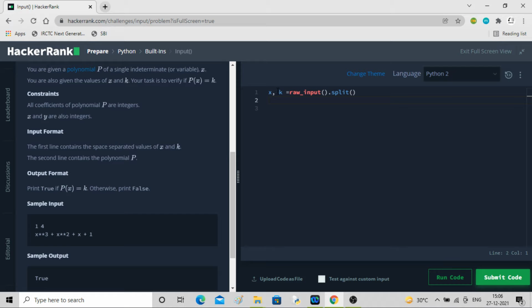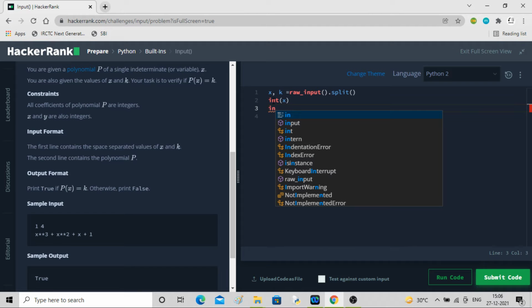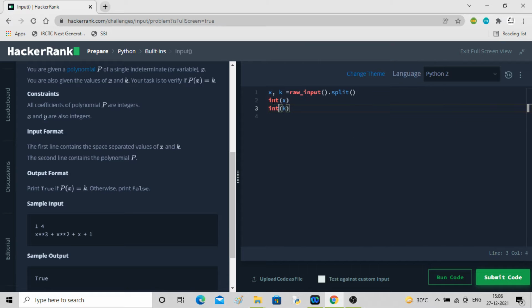You can see the type will be str, so we'll convert them into int, x and k, and we will save them to x and k only. So this is what we have as our input.